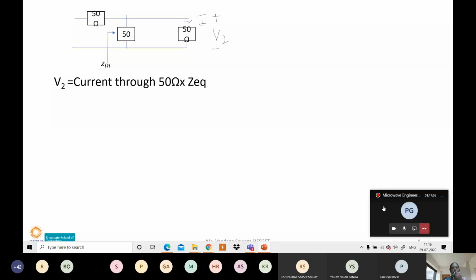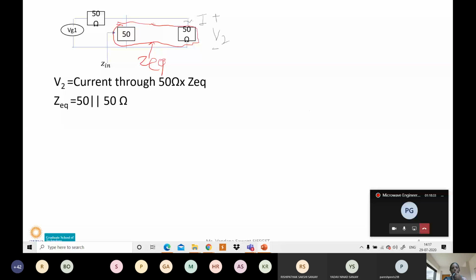So what we will do, we can take a voltage VG1 as an input voltage, and due to this input voltage, whatever the current induced in this terminating branch, that is 50 ohm, we say it will be I, and the voltage drop across this output end is V2. So what is S21? S21 is the voltage drop across the output divided by the input voltage, and that we have to multiply by 2.